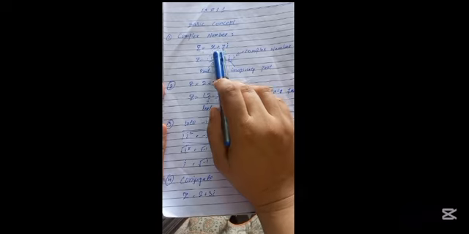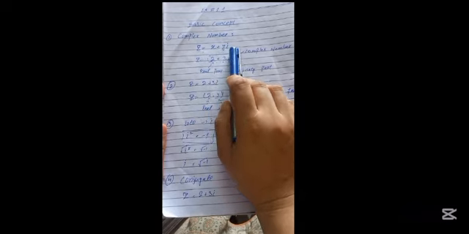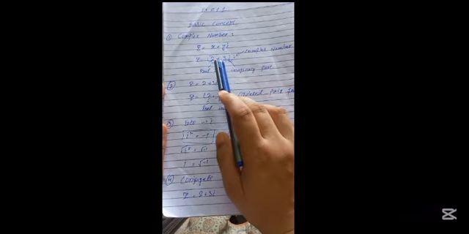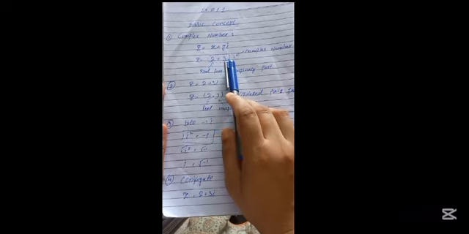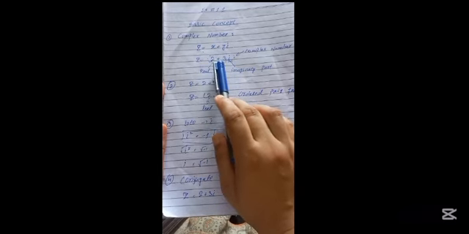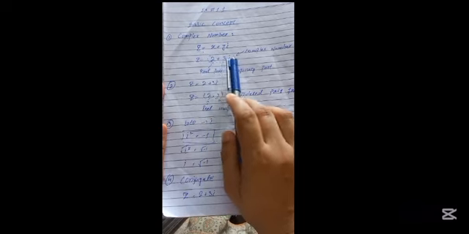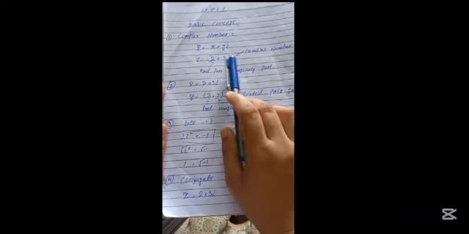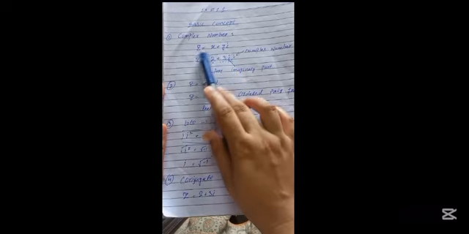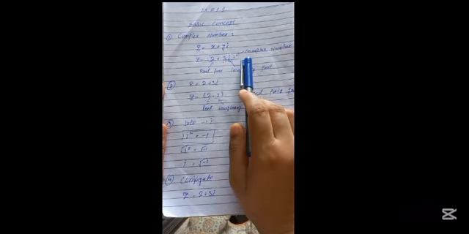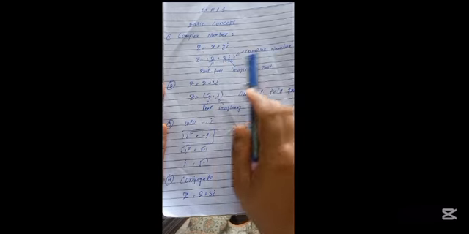Here I write our numbers x plus y iota, and now we put the value of x and y. You can put any value of x and y. So z is equal to 2 plus 3 iota. Here 2 is the real part of this number and 3 is the imaginary part. So the whole number is called the complex number. z is equal to 2 plus 3 iota is a complex number.